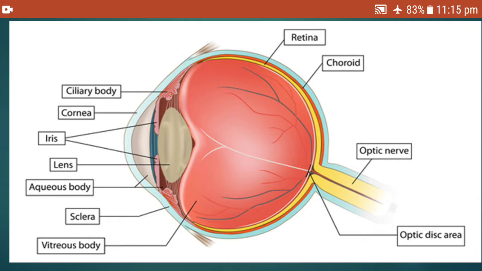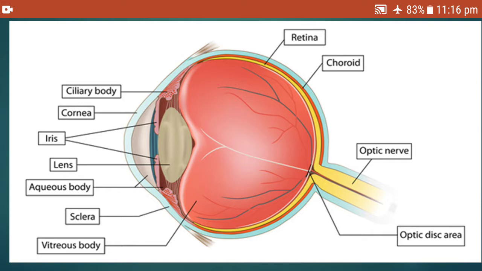The innermost layer, the retina, is made up of the photoreceptors, rods and cones, and the image is formed inverted on the retina. There is a lens present dividing the eye into the vitreous chamber and the aqueous chamber. The chamber before the lens is called the aqueous chamber, and the chamber behind the lens is called the vitreous chamber. The lens is held in front by the iris and suspended by the ciliary muscles. There is an opening for the entry of light which is called the pupil.